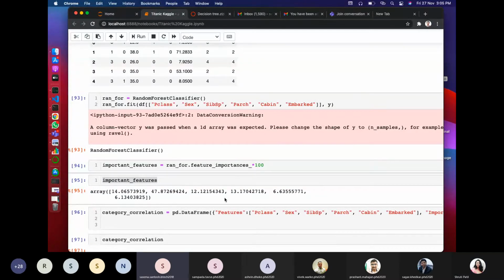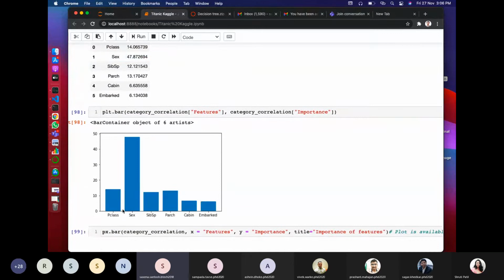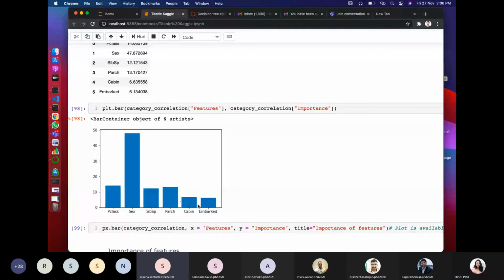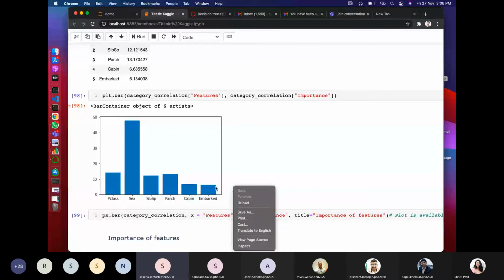As you can see, here is the graph and the data frame which show all the features with respect to their importance. Gender is one of the most important features, which gives us the chances of survival very easily. The rest of them are least important. We can select 3 features for our processing, and we will ignore the other features because they are not correlated with our target variable and will not be used further.